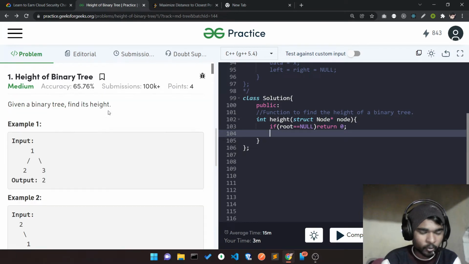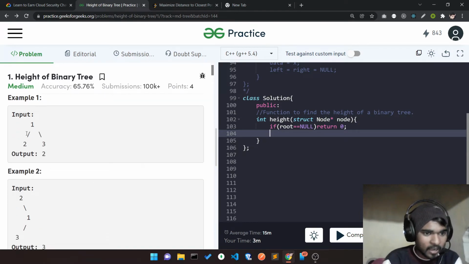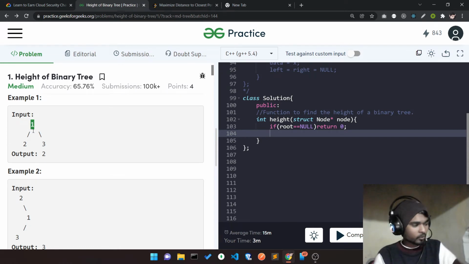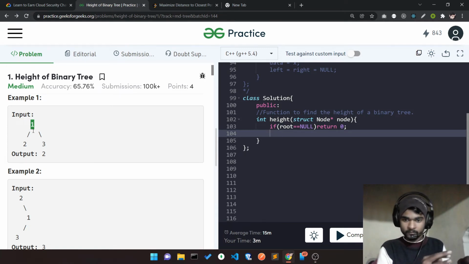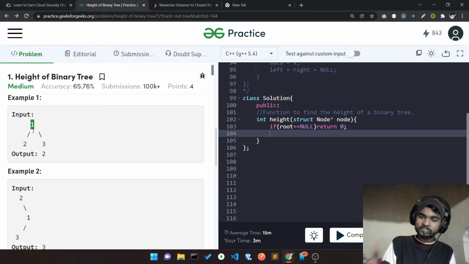Let me draw your attention here. Here I'll add this level, and after adding it, I call my recursion. Hey recursion, find out the height of the left subtree, and again call it in a similar fashion.